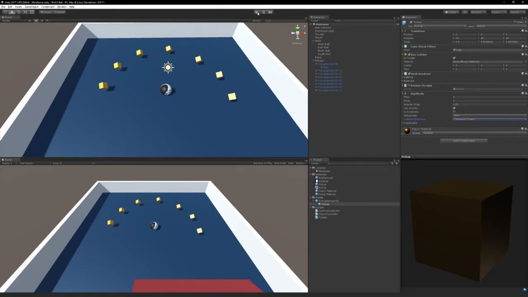Would this work? Not sure actually. The collider is set trigger. Is trigger is true. Oh, okay. So if we don't have this set,